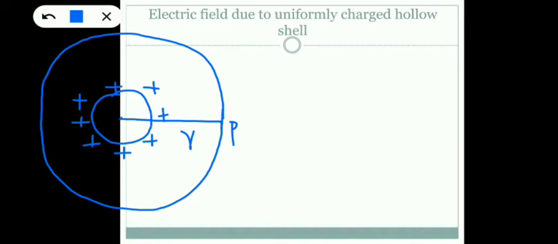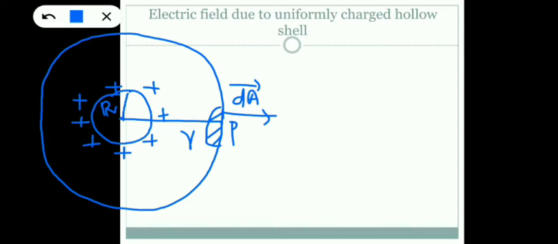Now let capital R be the radius of this small sphere, that means our shell. So the big circle is our Gaussian surface and the smaller one is our shell. Next, consider a small area element here. Okay, and what is the direction of area vector? Area vector will be acting along this direction, perpendicular to the plane of that area element.